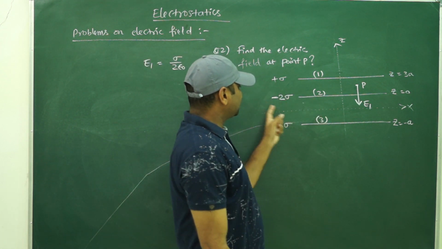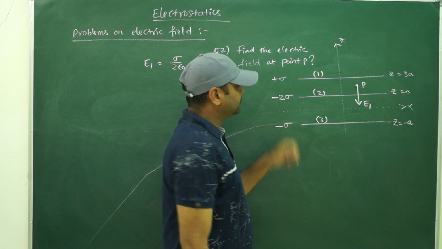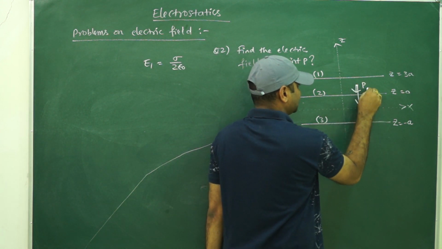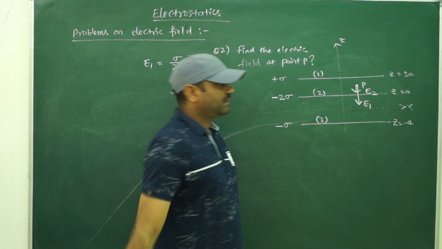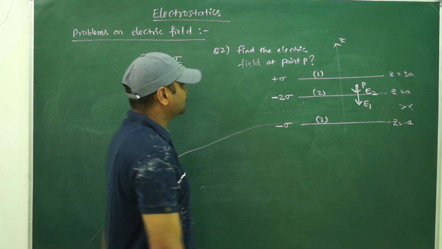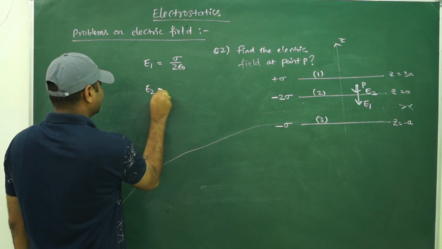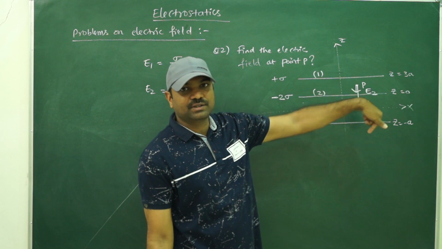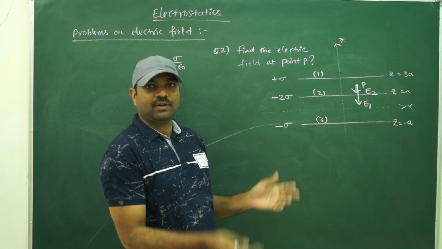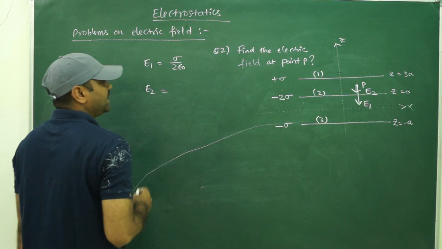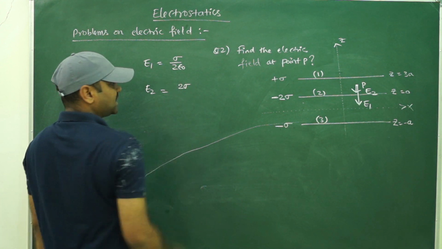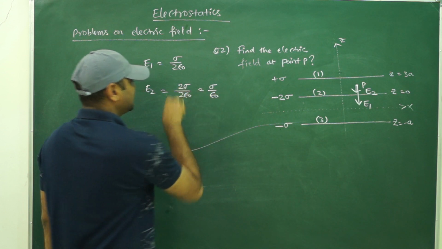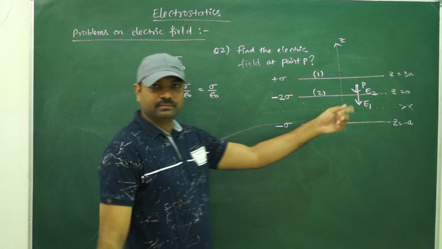Next, this is now the negative charge. It is carrying the negative charge. Then the field due to the plate at point P will be again towards the plate. Why? Because it is carrying the negative charge. So I can write down the E2 value. Now I don't write minus, because the minus is already given in the direction. So direction is done, I have to write down the magnitude now. What is the E2 value I can write down? 2 sigma is the charge density, by 2 epsilon naught. You will get sigma by epsilon naught. This is the E2 magnitude.